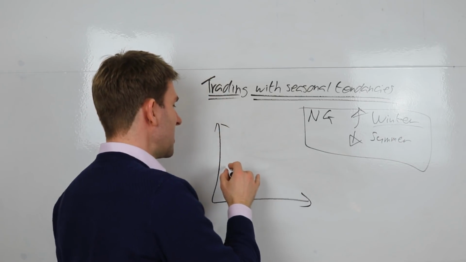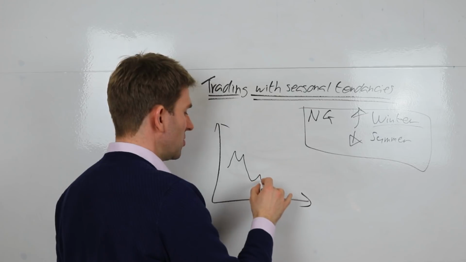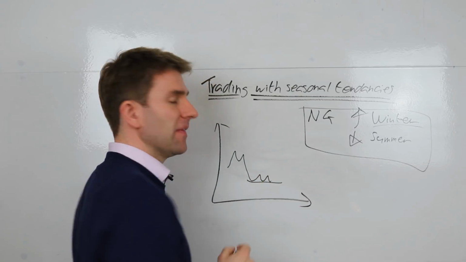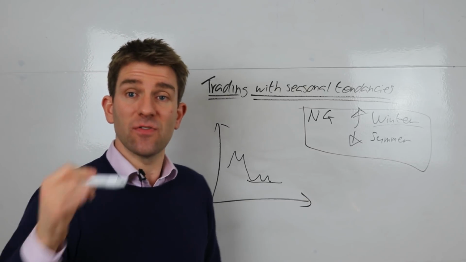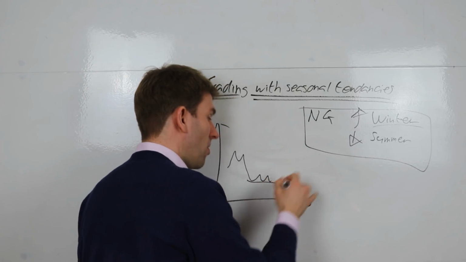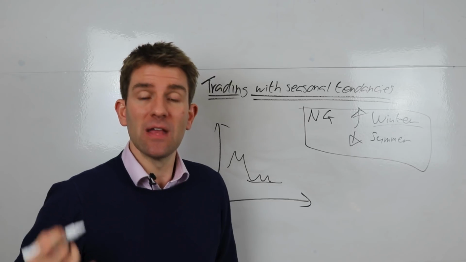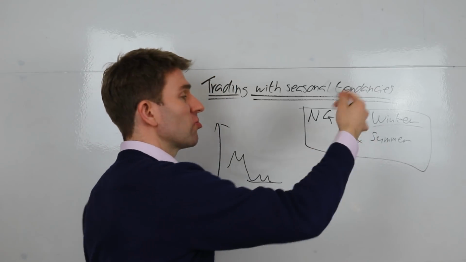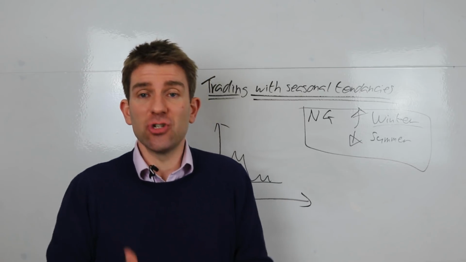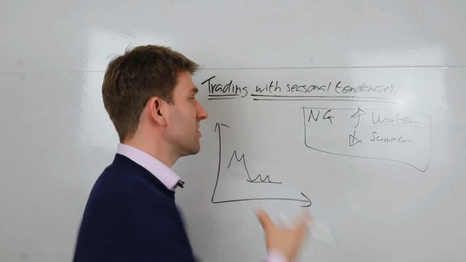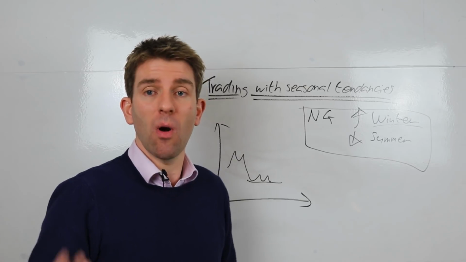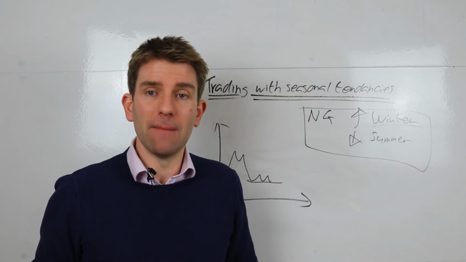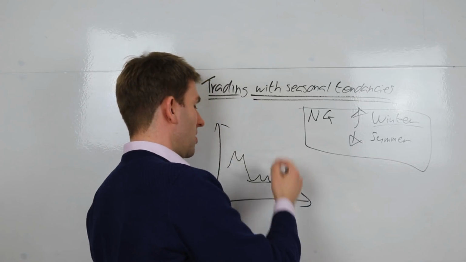So let's say the market is chugging along, tests the lows, and you go, actually, it's finding some support here, then I might buy. That's fine, if that's your trading setup on its own and you would do it anyway. And if you add to it that I'm only going to trade long, then to me it's just an added bonus. You've got a statistic that says historically it's going to go up, you find a good level anyway, and then you buy it. What you don't do is start to go short.